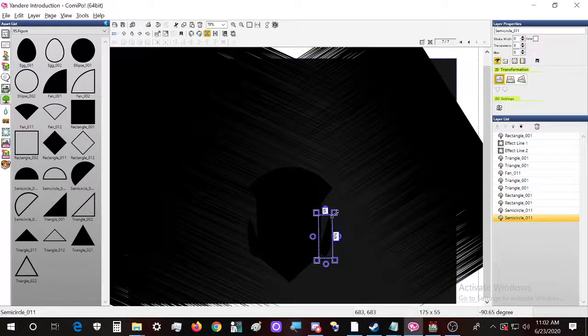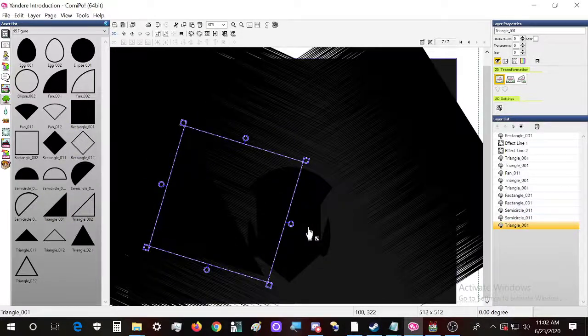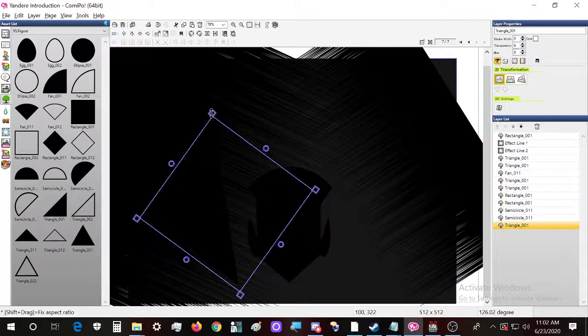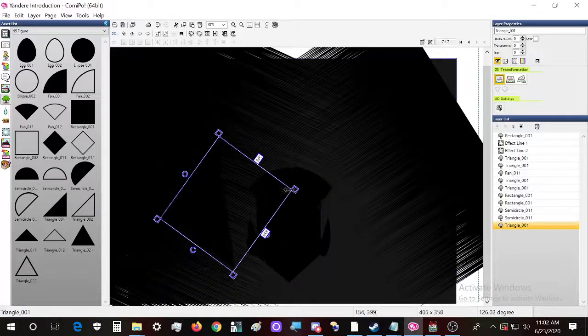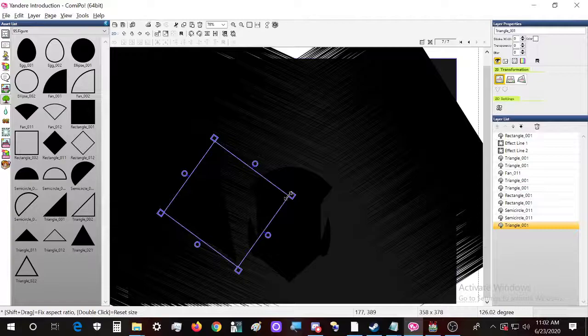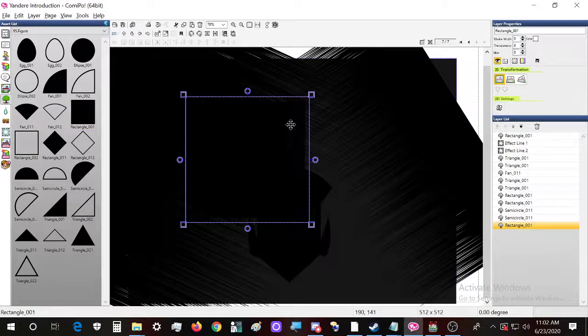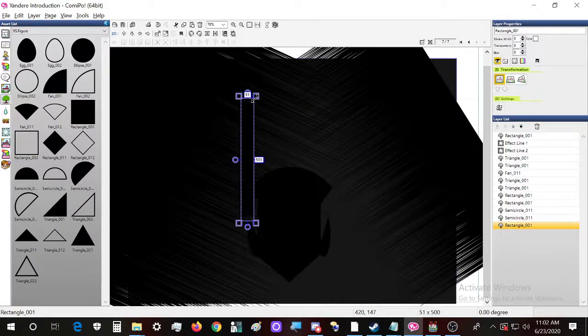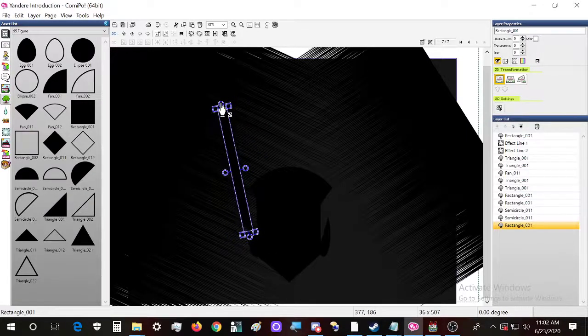For some reason, I don't know why this shifting always makes it a bit bigger. Okay, now let's see, should we actually need a triangle? That's very large, but also okay, we cannot change that. Okay, so I'm guessing we need a rectangle that goes very long, and this one should be the ears themselves.